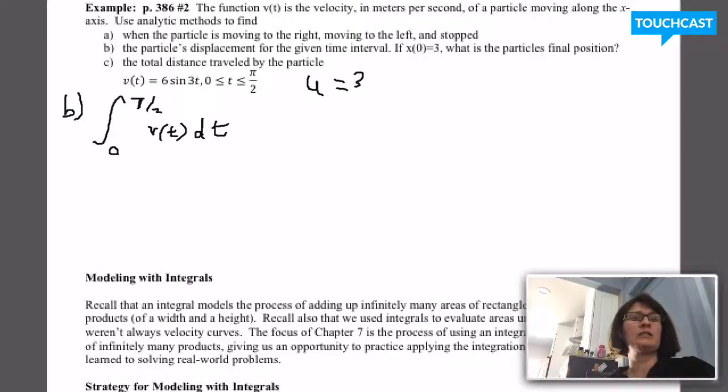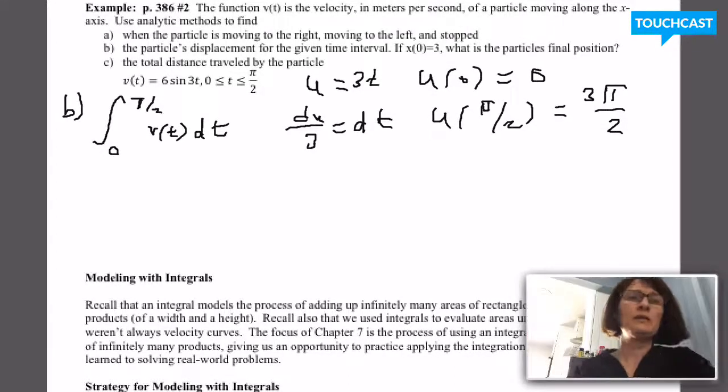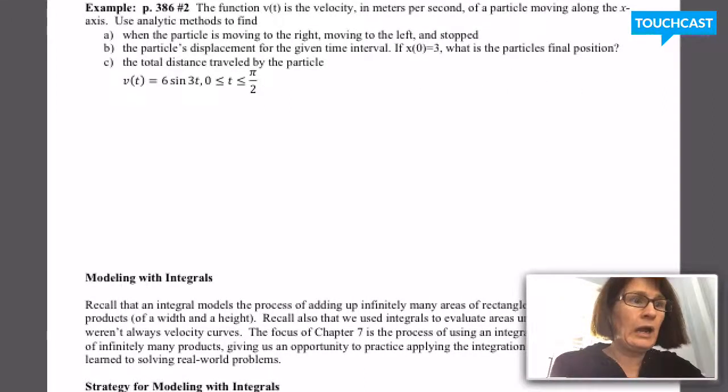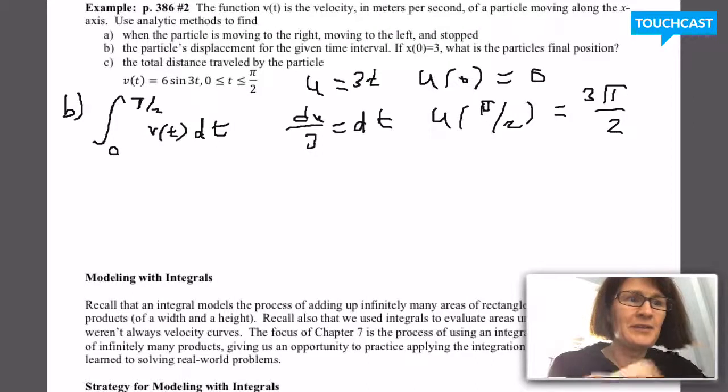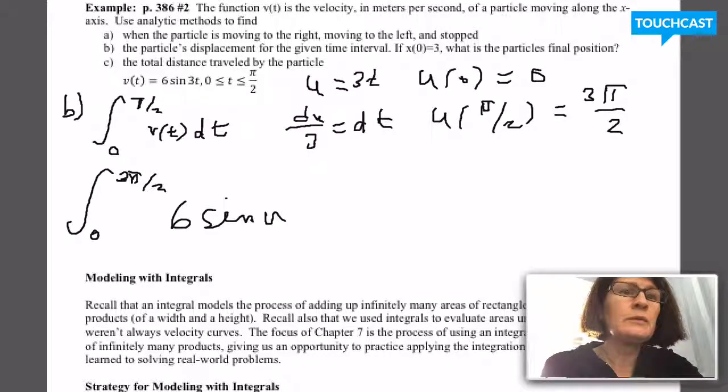U is going to equal 3t. du over 3 is going to equal dt. U of 0 is 3 times 0, which is 0, and u of pi over 2 is going to equal 3 pi over 2. So my new integral is the integral from 0 to 3 pi over 2 of 6 sine u times du over 3,